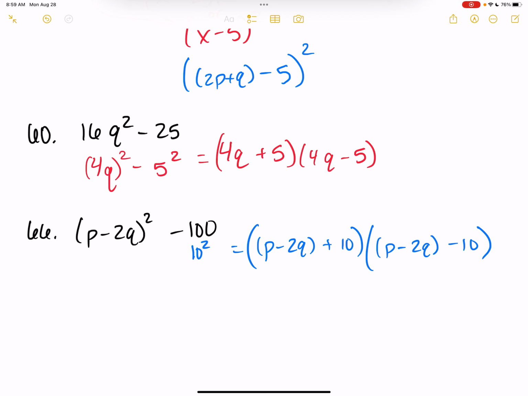Apparently they must really not want us to do a perfect square trinomial because I really don't see one at the moment. All right, well, we're going to do a